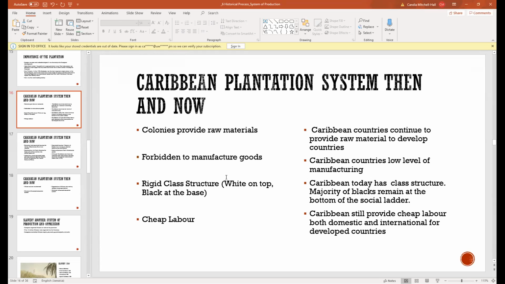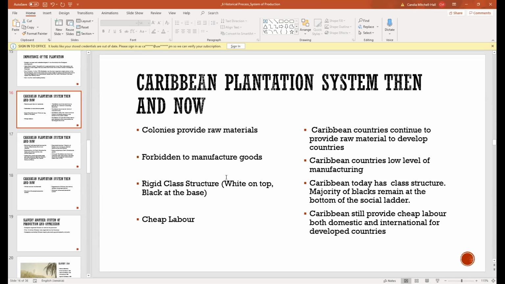For example, the only country right now in the Caribbean that is really doing good when it comes to manufacturing is Trinidad and Tobago. That is the only country. Jamaica, we are very, very import driven. Even Trinidad and Tobago, which has a strong export trade where they send manufactured goods out of the region, also has a very high import bill.